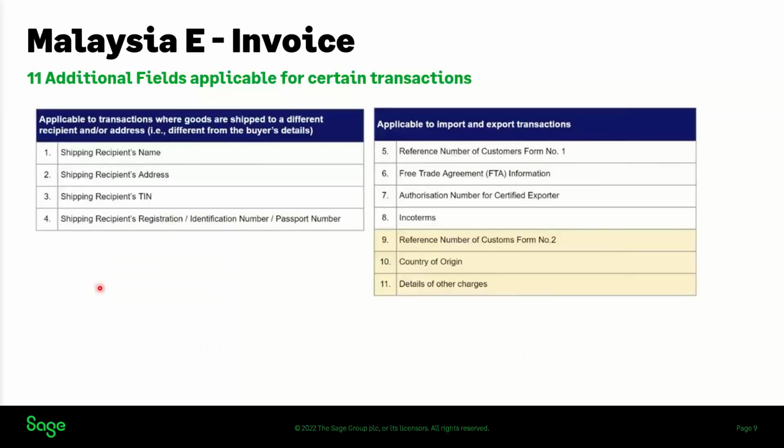Apart from the required fields, there are also 11 additional fields applicable for certain transactions. For example, if your customer's shipment address is different from the master data, you will need to fill in this information. But I believe this is already catered for in standard Sage 300.